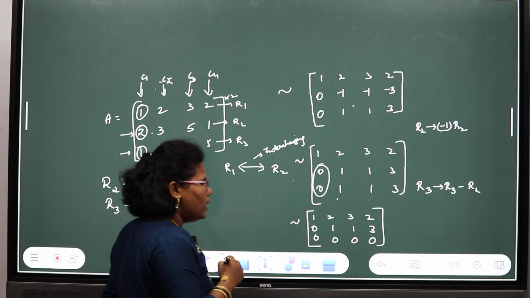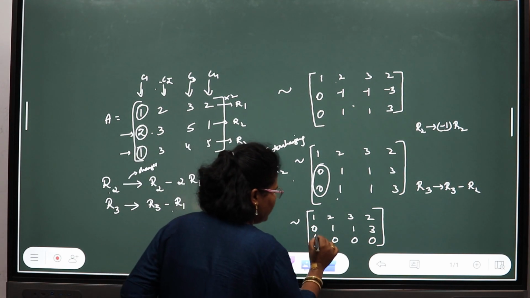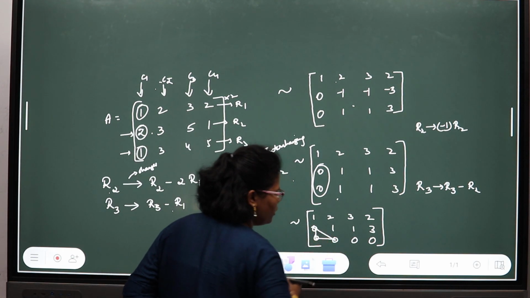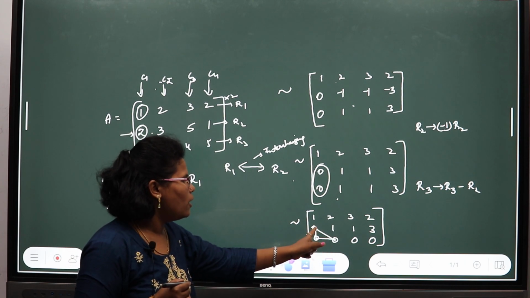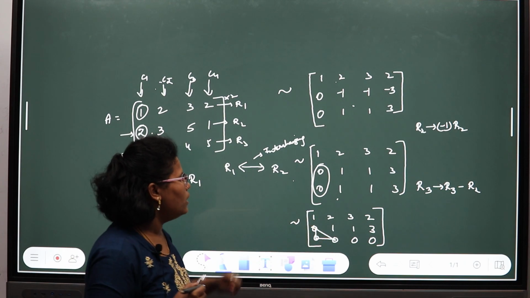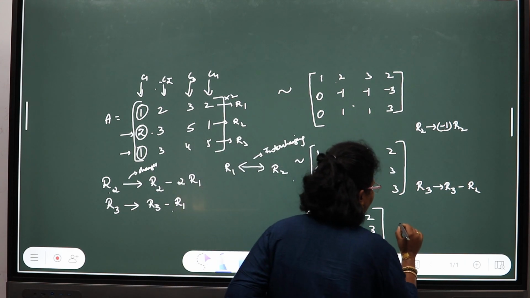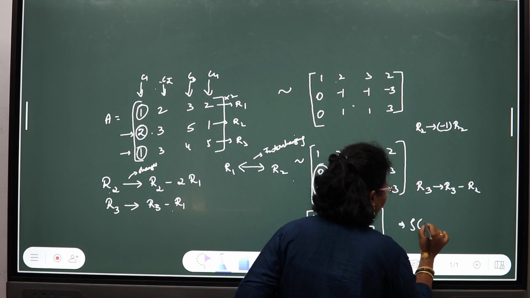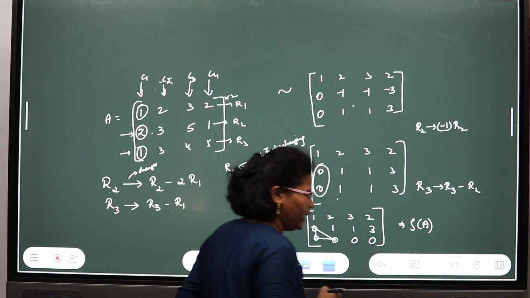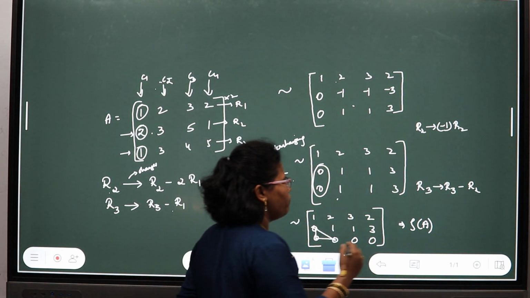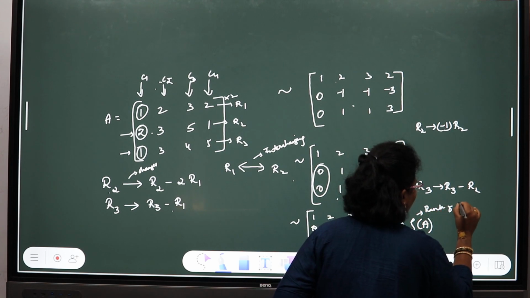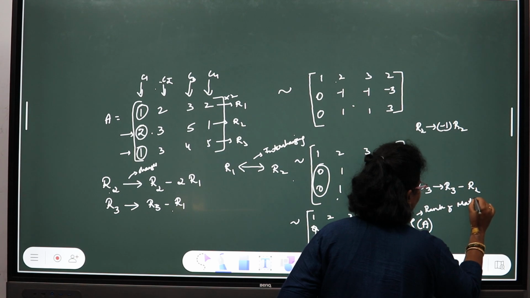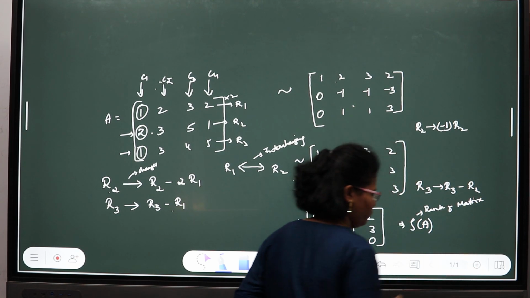Okay. Now, observe one more thing here: this is called the triangular form, where you are getting 0 below the diagonal. This form you should get. Now I can conclude my rank of matrix. We represent it as rho of A. Rho indicates rank of matrix. So what does rho indicate? Rank of matrix. So we represent it with rho.